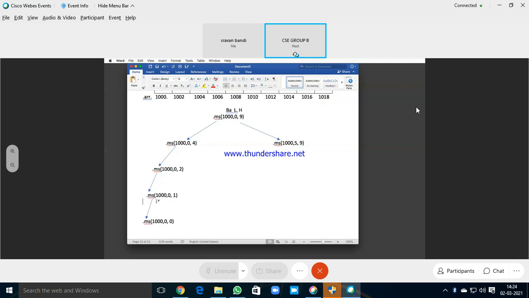Every time we'll have the left side as well as the right side. Now what happens is we'll go to the right part of the recursive tree. So every recursive function has two steps here: left side recursion and right side recursion.